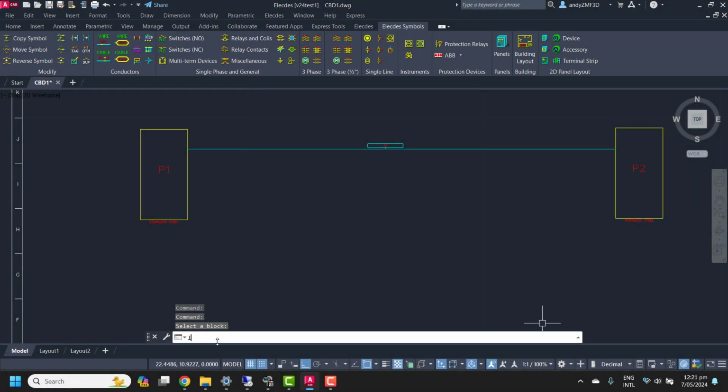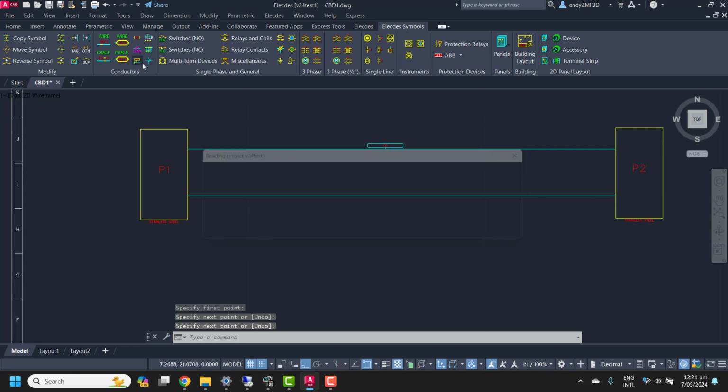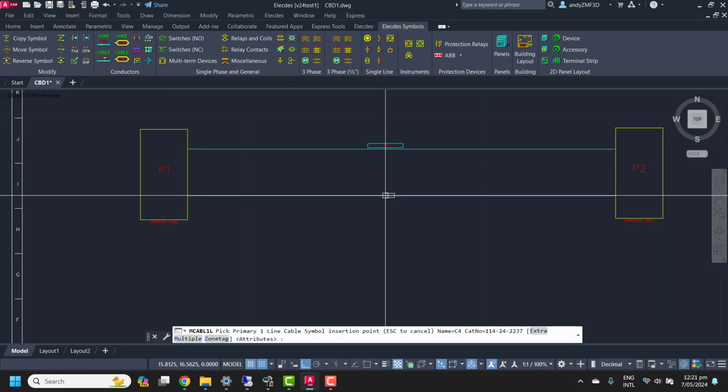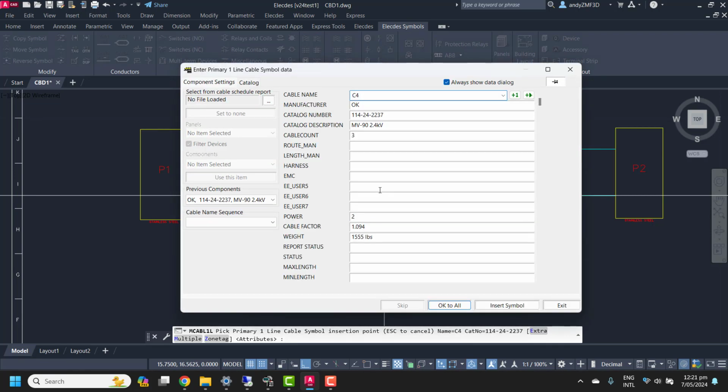In our latest release, we have a couple of new cable-related features in Elecdes and Paneldes Raceway. When creating one-line or block diagrams in Elecdes, you would typically add a cable marker for each cable and stack the markers on top of each other, which can clutter up the drawing.